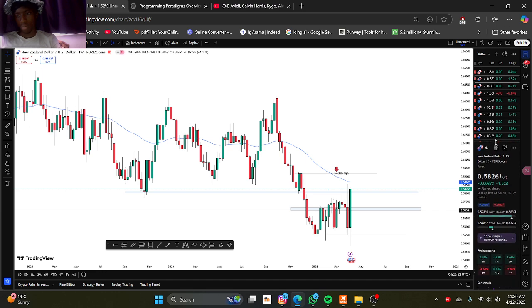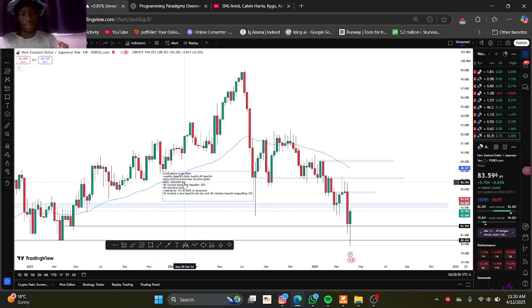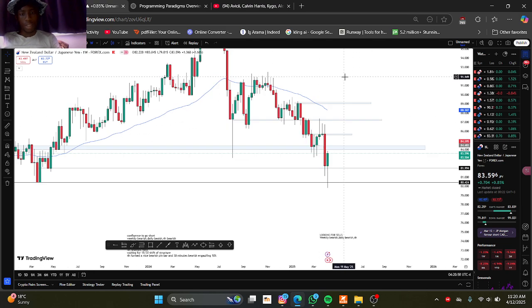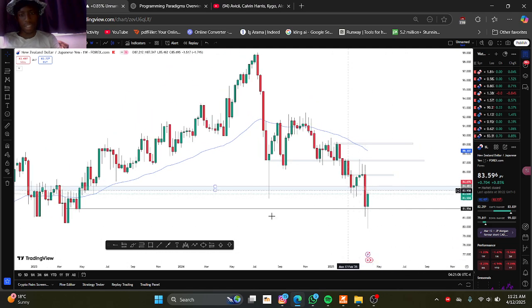Now let's choose from these pairs. So firstly we have NZD-JPY. NZD-JPY, I like the way we are now. We are very bearish minded. But I like the way, I've been enjoying the way this pair has been